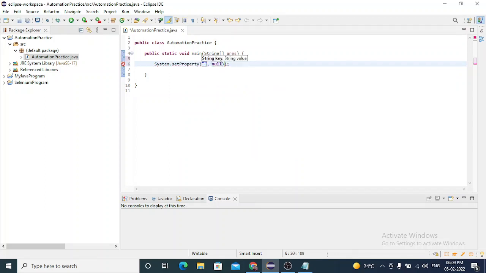Then we are using Chrome driver. So webdriver.chrome.driver. Then here it is a string value for the path where we stored our Chrome driver.